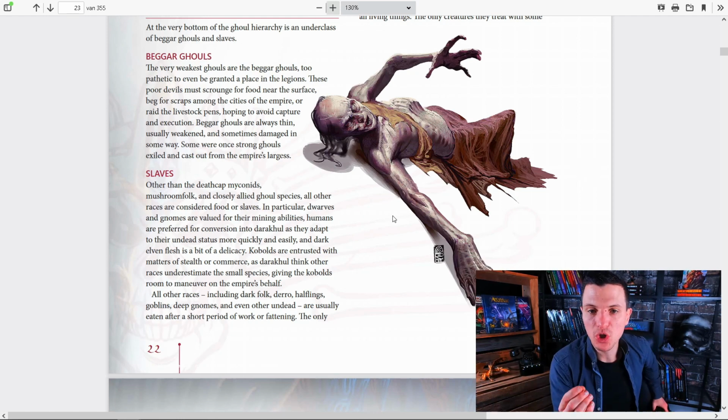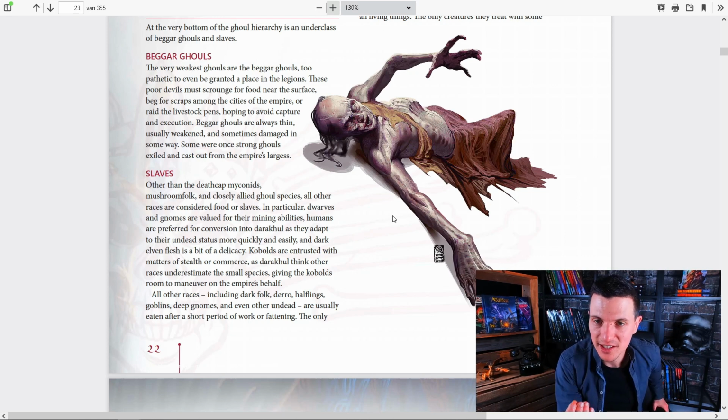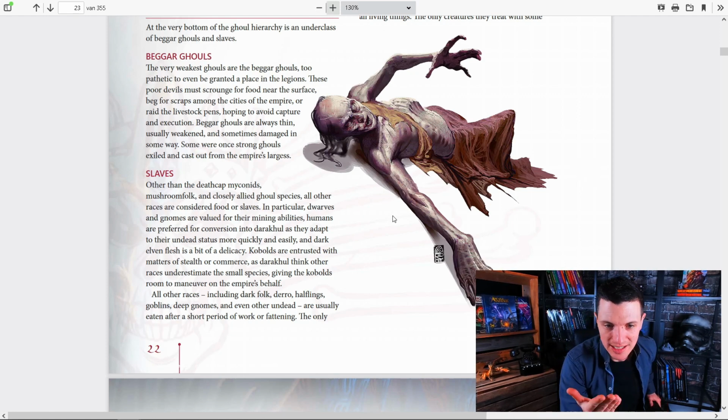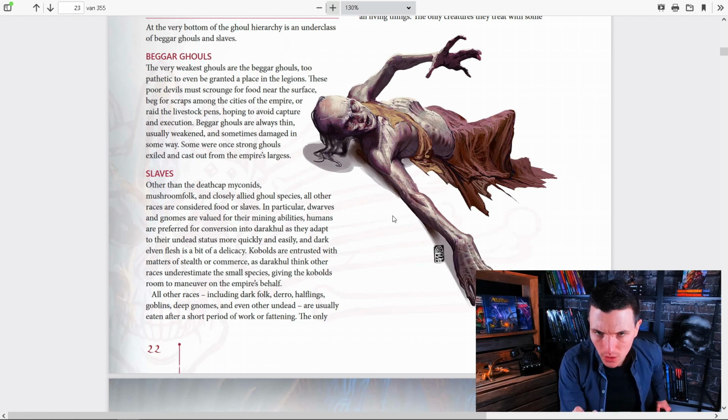So that's the thing with Kobold Press. Whenever you read a sentence, it gives you ideas for adventures, for bad guys, for player characters. Like here, they say that the Darakul are smart enough to use kobolds for stealth and commerce businesses, because other creatures like humans, dwarves, elves underestimate the smaller species.